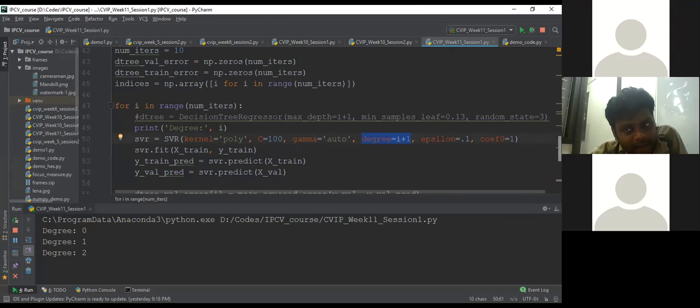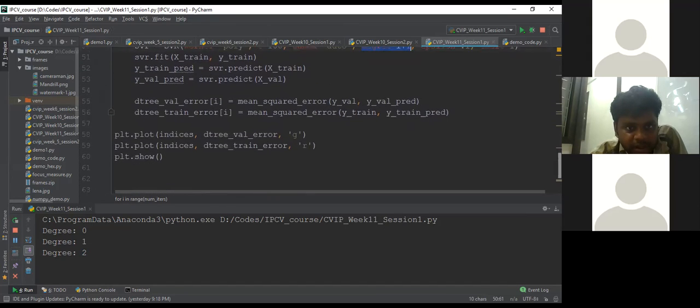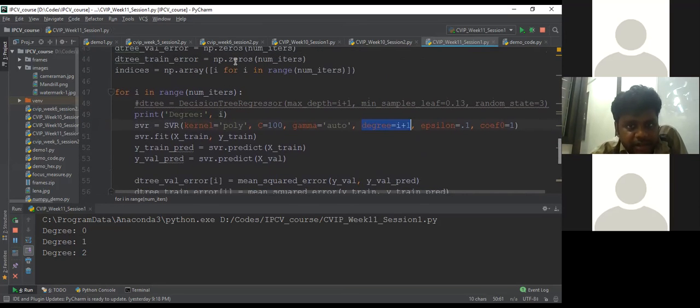It's taking a lot of time in my system. I'm not sure why, but since evening it has executed only until degree 2. See if the same happens in your system. If it takes a lot of time, maybe try to execute on Colab, or at least try with decision tree regressor.